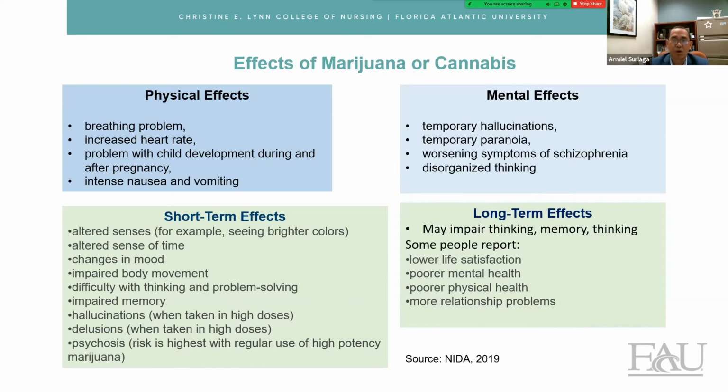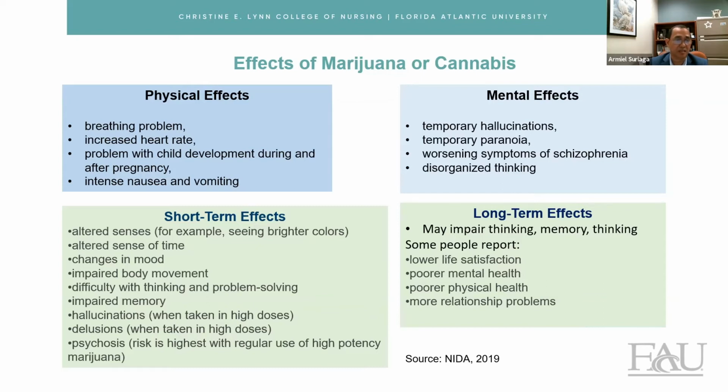Especially when they smoke marijuana, it affects the lungs. It increases the heart rate, or tachycardia. In children, it causes problems with child development during and after pregnancy, and intense nausea and vomiting as the physical effects. And for the mental effects of cannabis, we have temporary hallucinations, temporary paranoia or suspiciousness, worsening symptoms of schizophrenia,